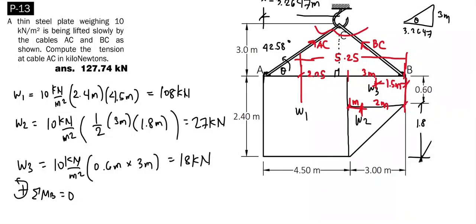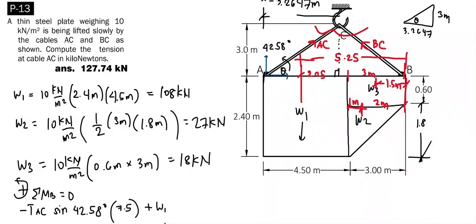Tension AC has a vertical and horizontal component, and since the horizontal component passes through point B, it induces no moment, only the vertical component of tension AC. Tension AC induces a clockwise moment, so it's negative, times sine of 42.58 degrees to get its vertical component, multiplied by the moment arm distance of 4.5 plus 3 meters, that is 7.5. Then plus the weight W sub 1, which induces a counterclockwise moment,